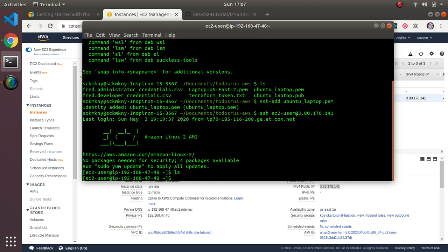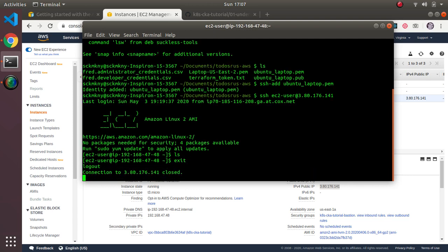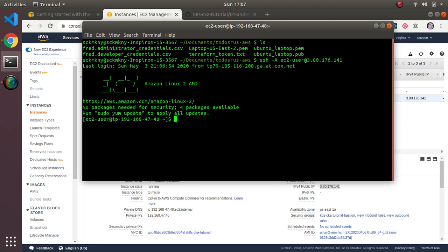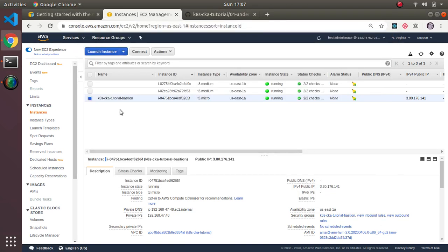Now the problem is, if you want to log in to your worker node, you need that PEM file again on the Bastion host to go over there, which is not the best idea. You don't want to keep your PEM file on your Bastion host. So there's a trick. You can run that same command you did earlier with a -A, since now your PEM file is stored in your keychain. This is like running in some sort of agent mode. So I'm going to do the same thing with the capital -A. Nothing special there. But the key here is, because I did this -A, I can now log in